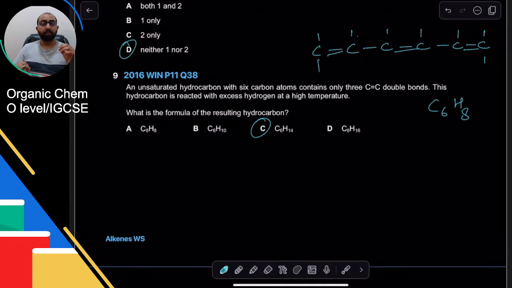Okay. So is there an easier way to do this? There is. You know that once all the double bonds are gone, you're getting an alkane. So just see which 6-carbon alkane it is. That is C6H14. See? You can draw this, but it's likely we didn't draw the right structure. There are many isomers possible. But after you add hydrogen, you're going to get an alkane, so it will definitely be C6H14. There's no other option.